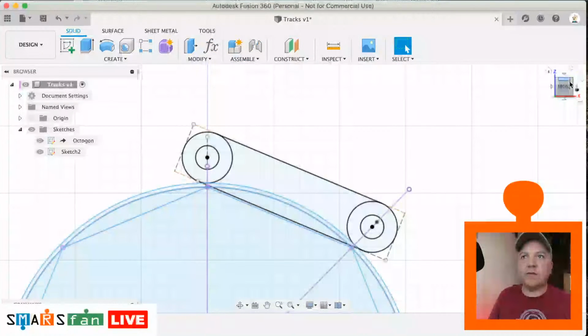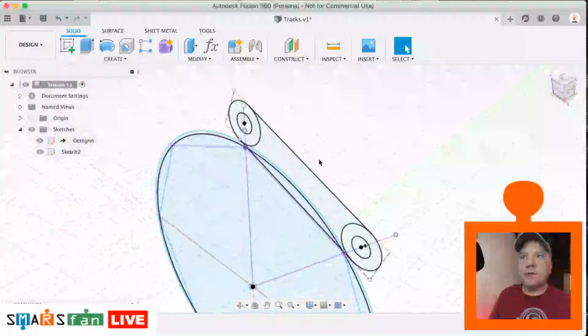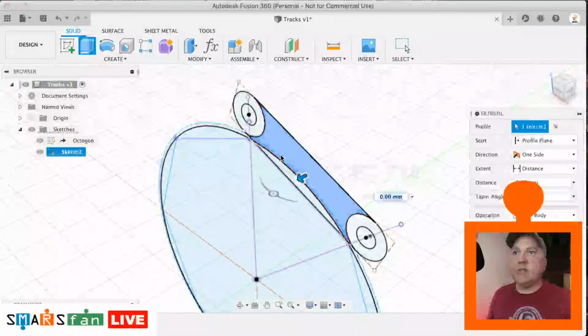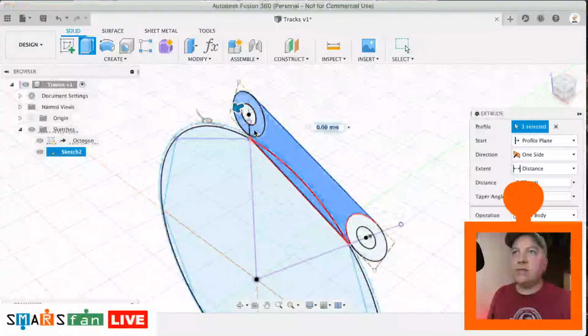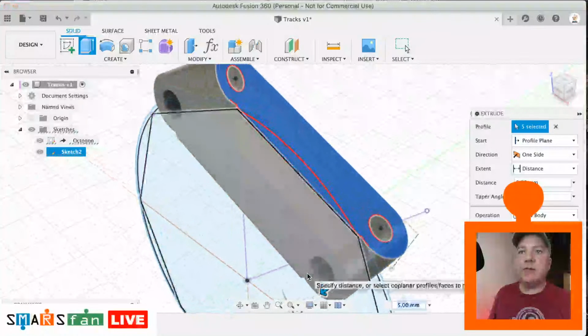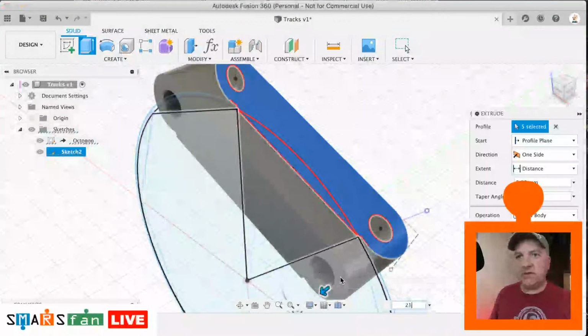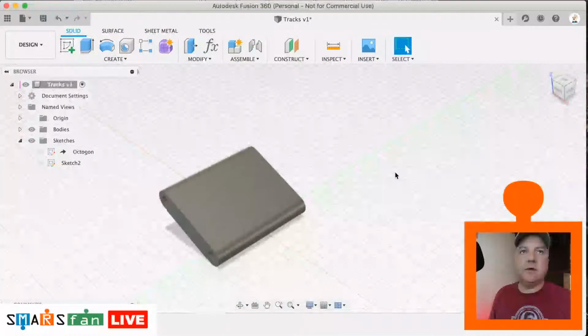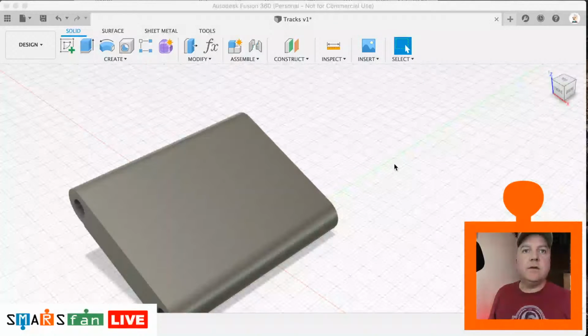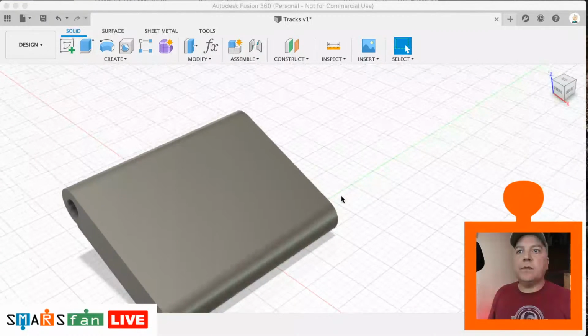So let's have a look at that. There, right, so we're going to hit Q for push and pull. We're going to select the profile that we're interested in, which is that bit and that bit there. And we are going to pull it out by the depth of the wheel. If you remember what that was from the previous ones, it was 21 millimeters. I can see that because it just says there, depth 21. So now that we've done that,